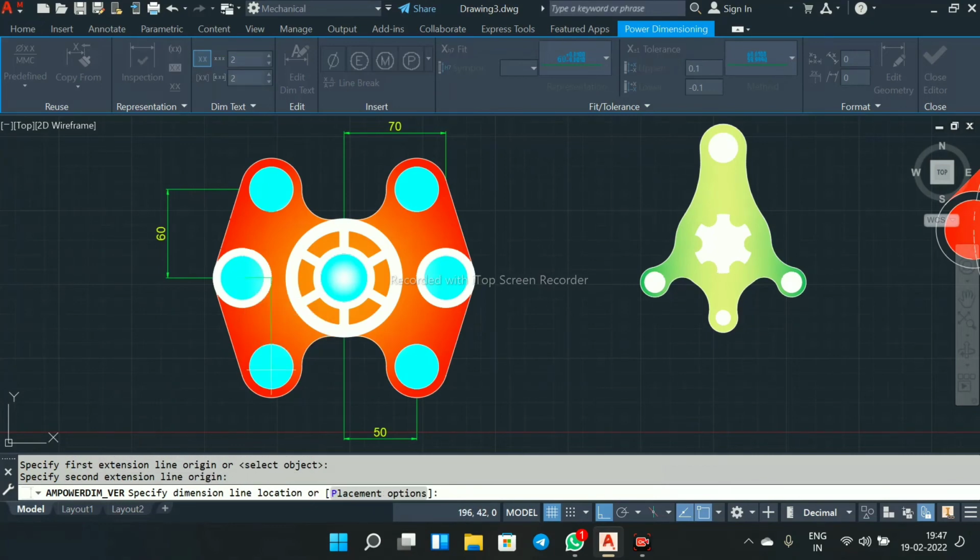Select this point and this. Select this and this point.